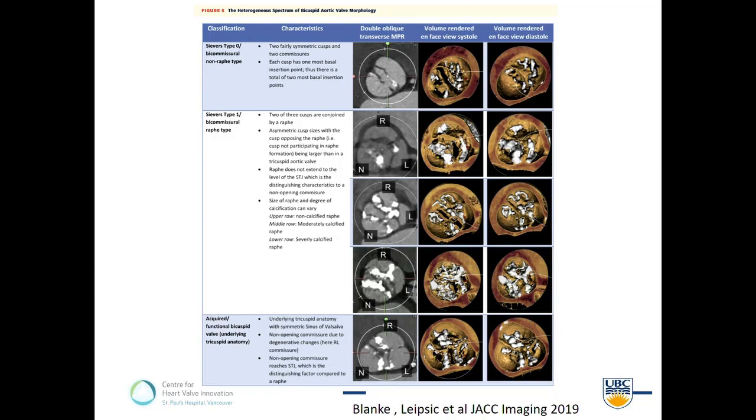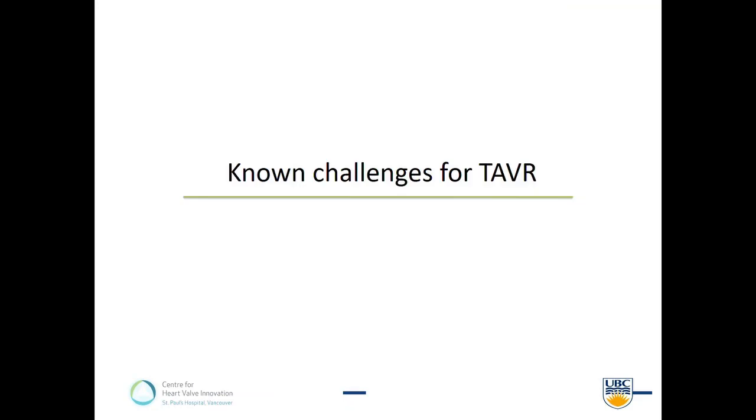So this is from the guidelines, a very nice figure put together about a potential of how we can use CT, not to be definitive. This will also iterate. It'll change in 2 years, 5 years if we're lucky, but we need to continue to look and understand. And the reason we need to look and understand is not to say you should or you shouldn't do TAVR, but to better classify the patients so we can understand how they do after TAVR, so we can then make a better case as to which patients are actually good or not good candidates for TAVR.